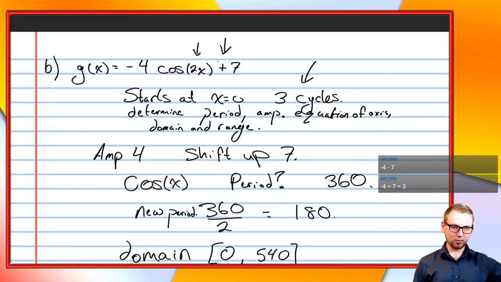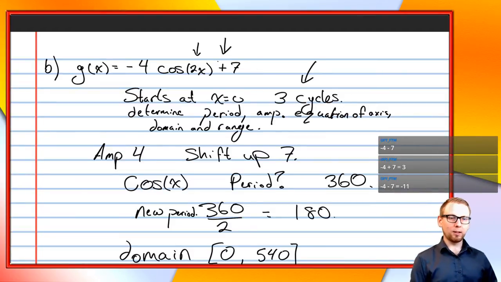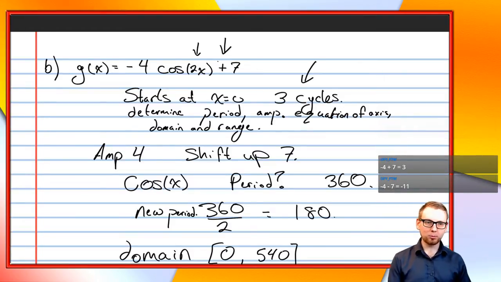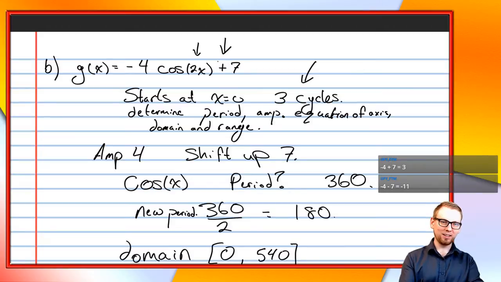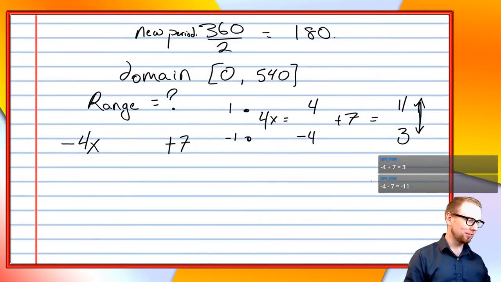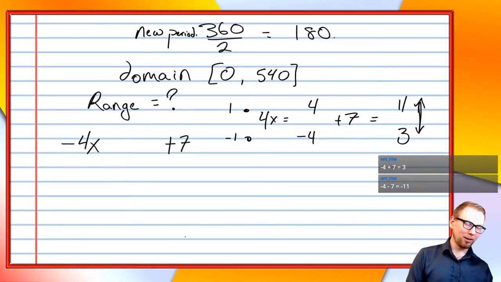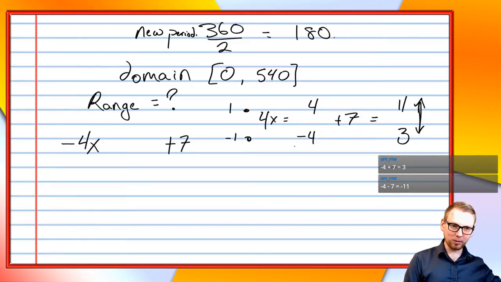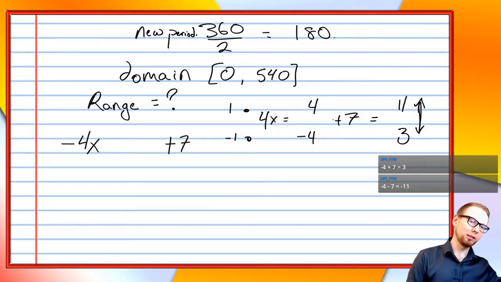Yeah, negative 4 plus 7 equals 3. No, you're not subtracting 7. It's not both negative 4. 1 times negative 4 is negative 4. Negative 1 times negative 4 is a positive. The range goes from negative 4 to 4. Then if you add 7 to those numbers,